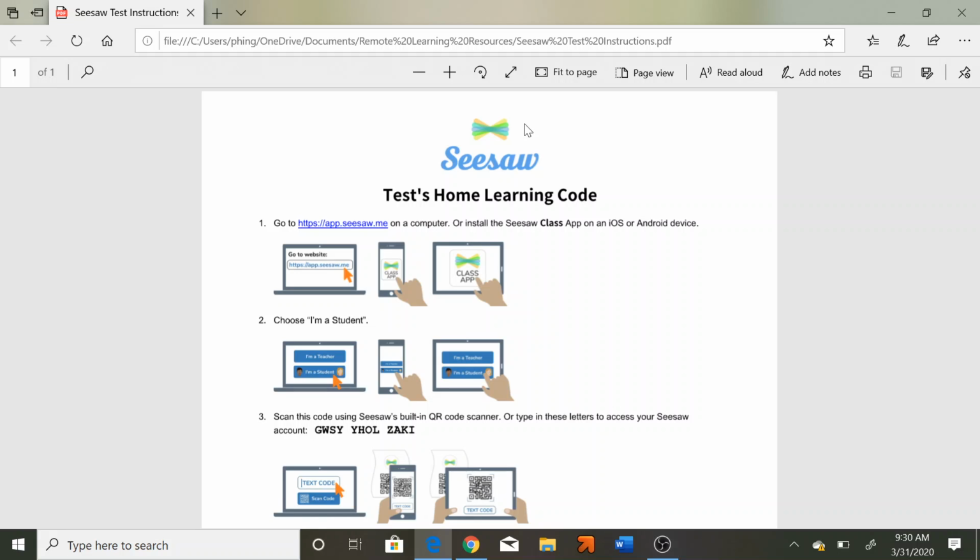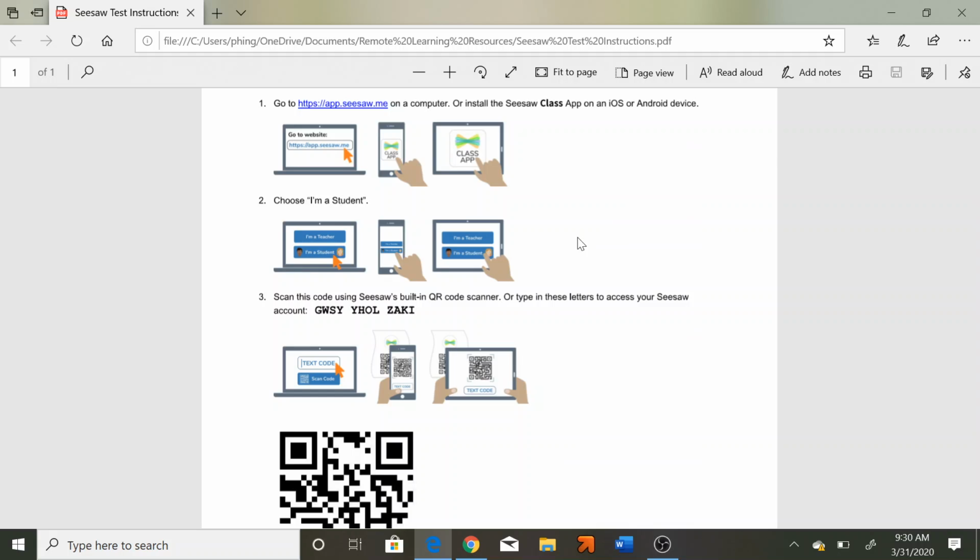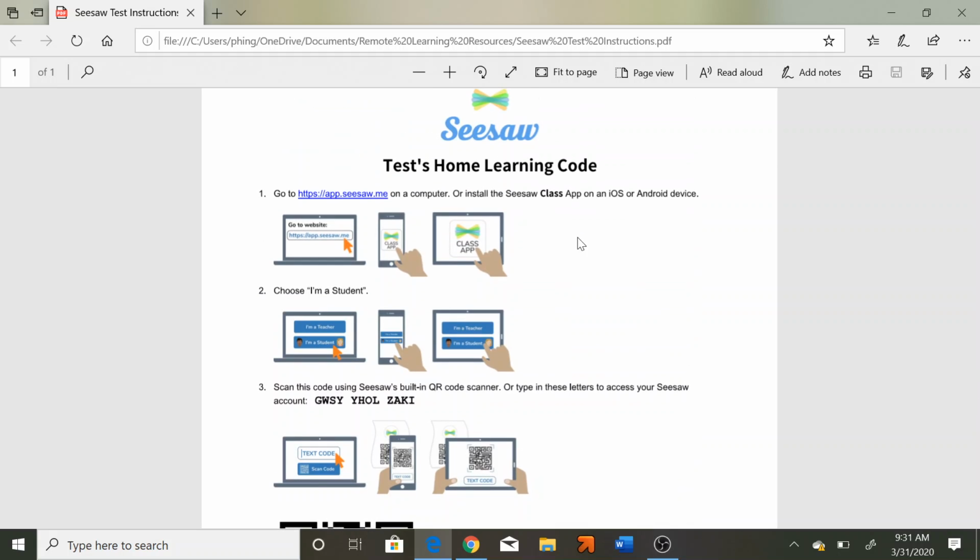Okay, so in your learning packet this week, you should have gotten a sheet that looks like this. It says Seesaw at the top, and it's followed by your student's name below. Now, if you're in my class, that sheet will be a bright green. If you're in Mrs. White and Mrs. Hammond's class, yours will be white. It's just a quick instruction sheet that tells you how to log into the platform via laptop or computer, or